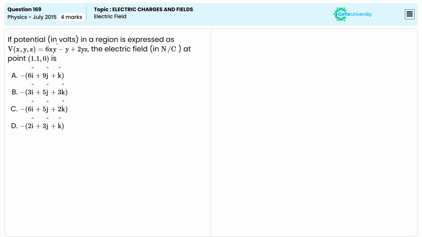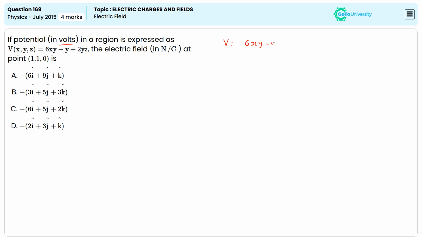If a potential in volts in a region is expressed as V(x, y, z) = 6xy - y + 2yz, the electric field in N/C at point (1, 1, 0) is what we need to find here. Okay. Given the potential function, that is V = 6xy - y + 2yz,